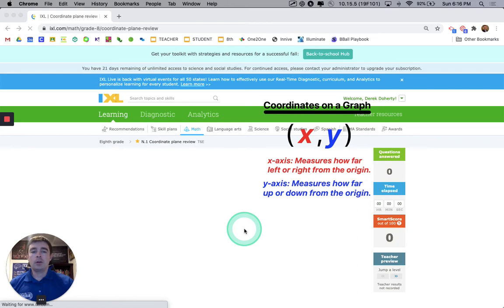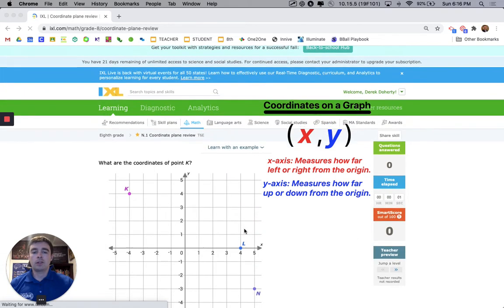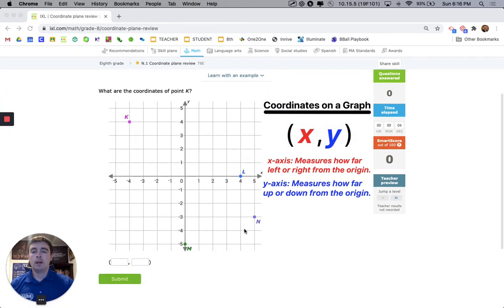As this problem's loading, you're going to see some notes come up onto the screen right now. This whole assignment is about identifying the location of a point on a graph. They call it Coordinate Plane Review, and the coordinates on a graph, x and y, help us identify where a point is located. So our first job here, we see they're asking us what are the coordinates for point K,